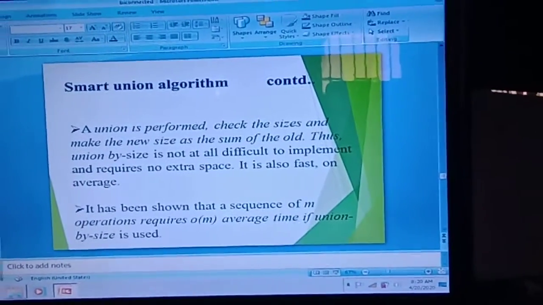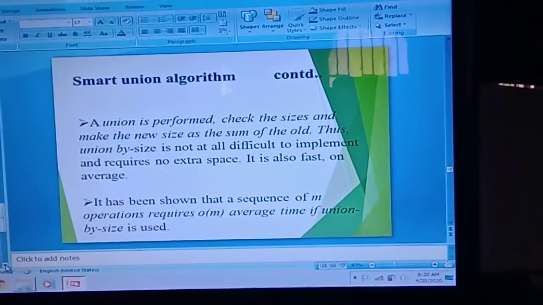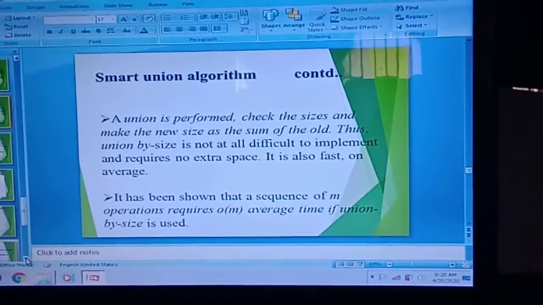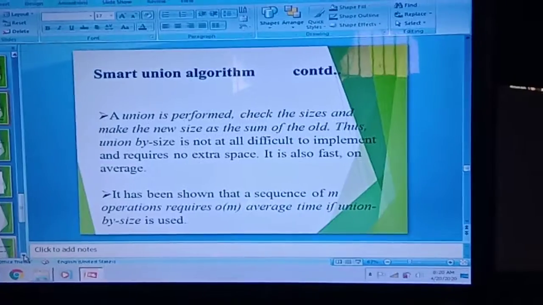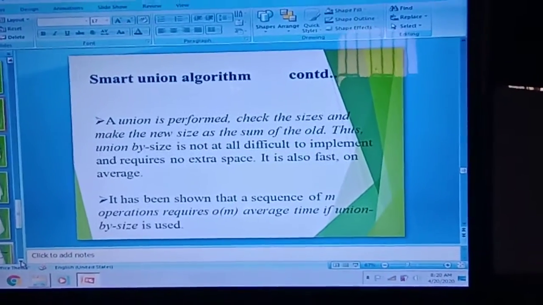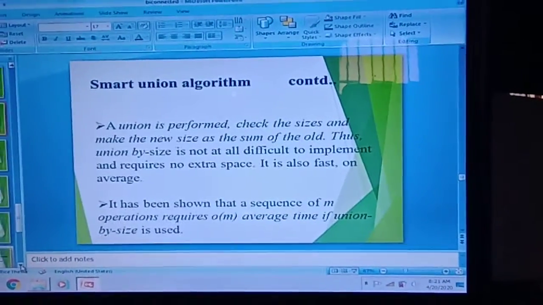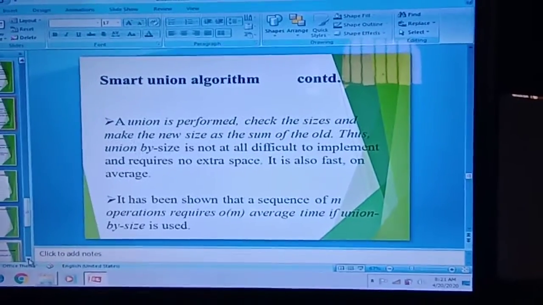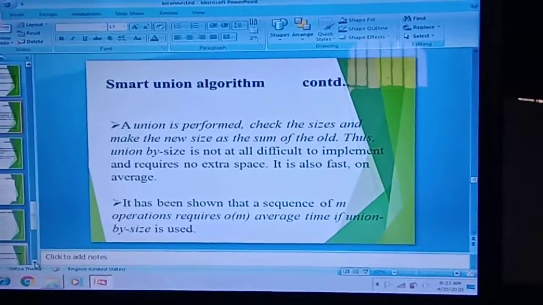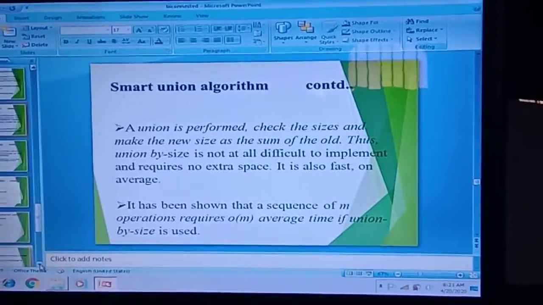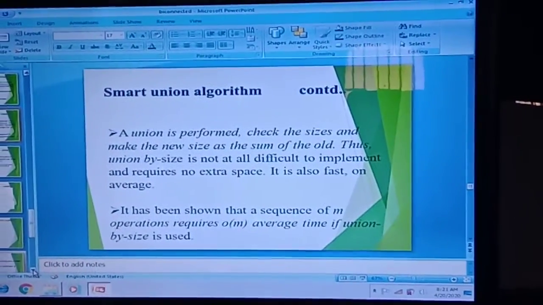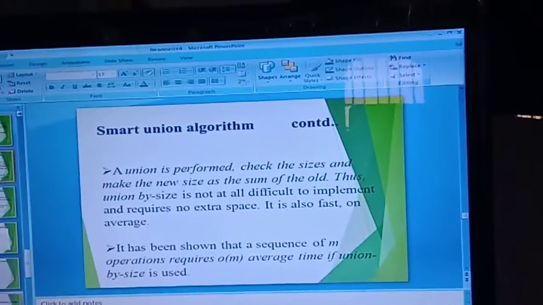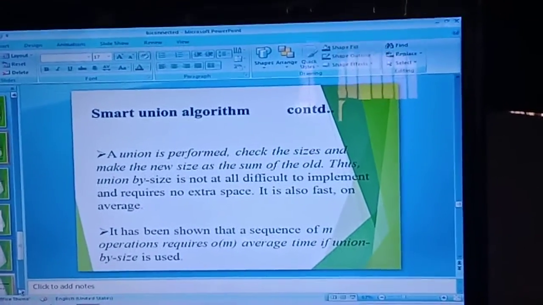The number of iterations increasing the size of the element list in this construction of the graph may not take the size greater than the disjoint set size, because the elements are from that set only. So this is fast, and the average time complexity is order of m for m union by size operations.